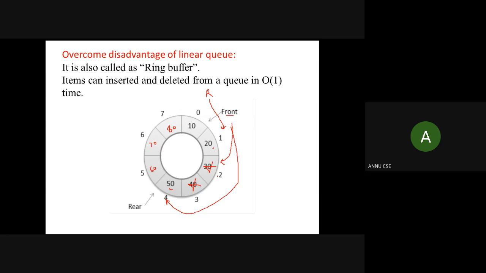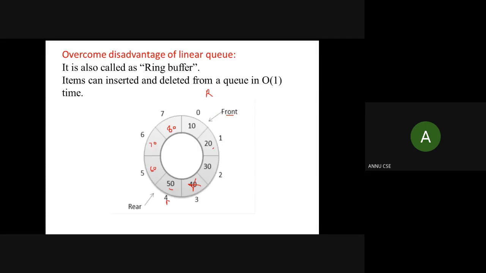Okay, so let's suppose the same scenario. One more condition I want to explain to you. Again I want to insert a new element, so the new element to be inserted will go to the next index, and that index would be index number 2. Okay, and the rear will be pointing to index number 2 in this case.